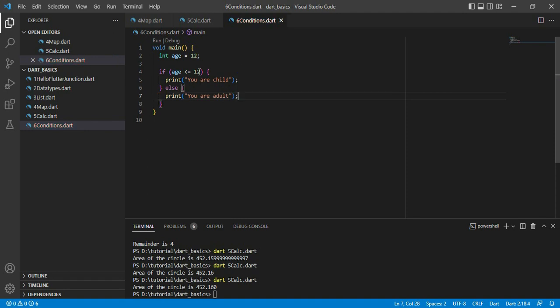As you can see here, if our age is less than or equals to 12, we are going to